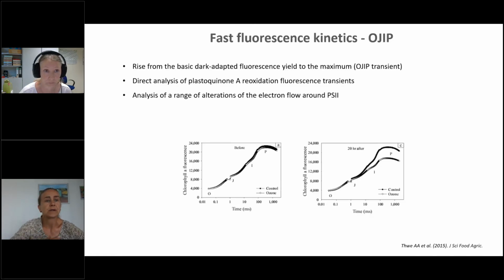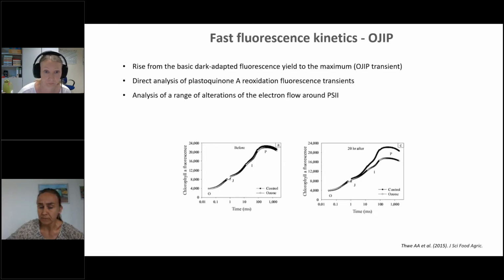I would like to mention briefly two examples. So basically, one more time, what we measure is the rise from the basic dark adapted fluorescence yield to the maximum yield, so the OJIP transient state. And primarily what we analyze is the changes or the status of the electron flow around photosystem II. And here, one example that I would like to share, an application for the OJIP curve,